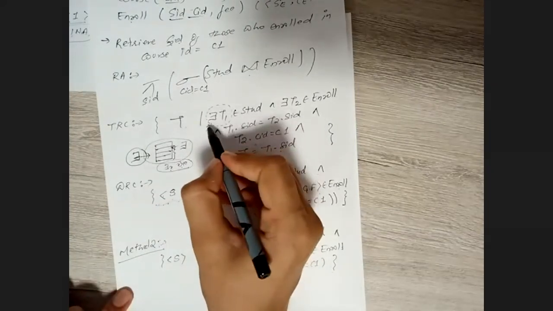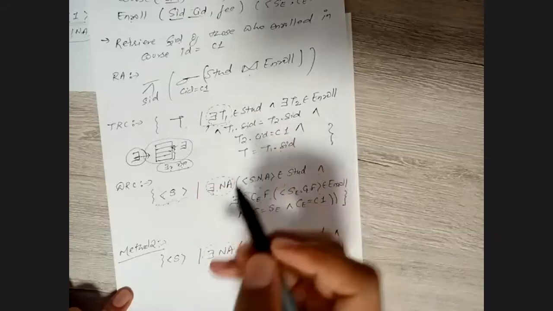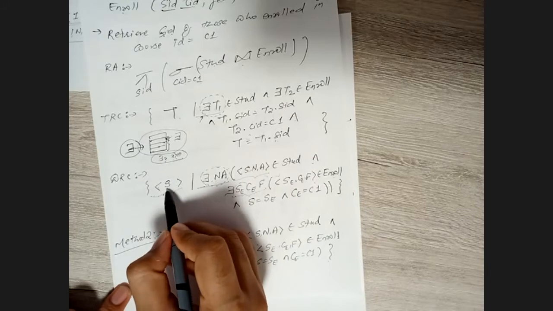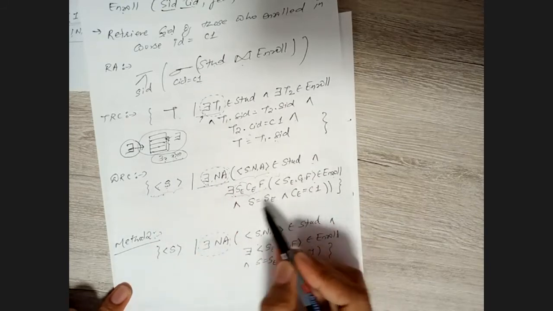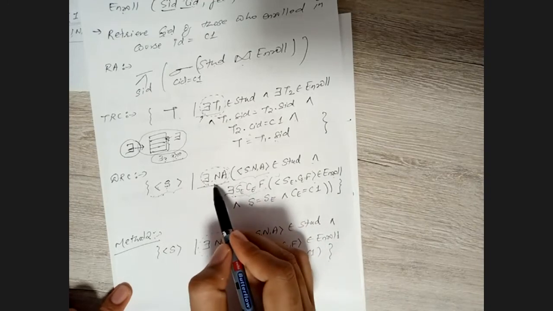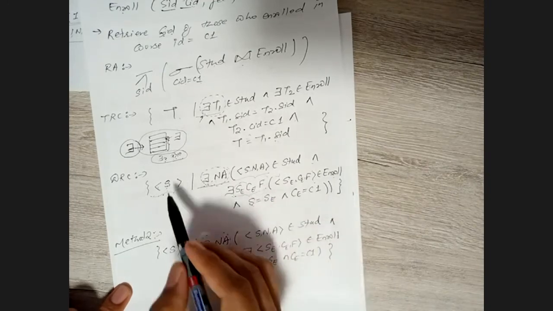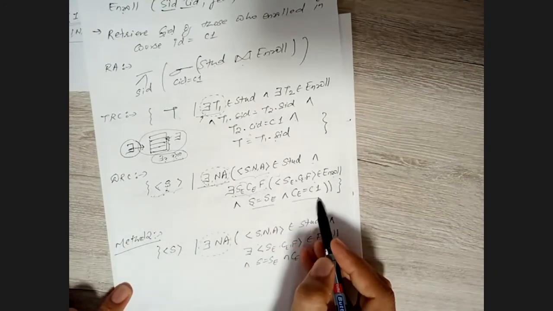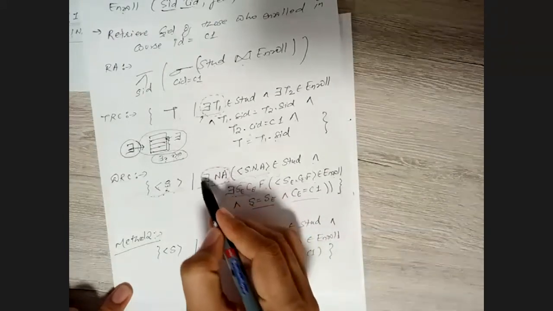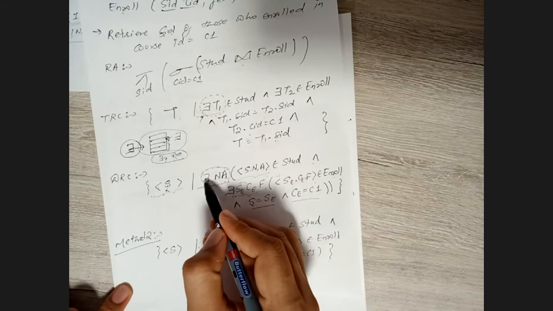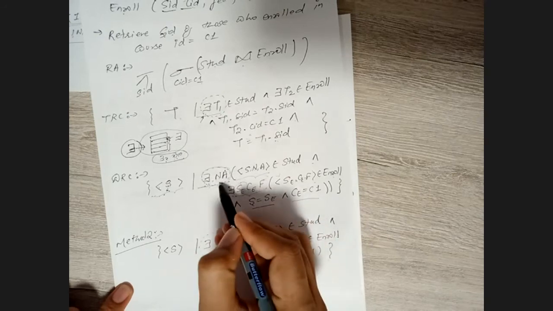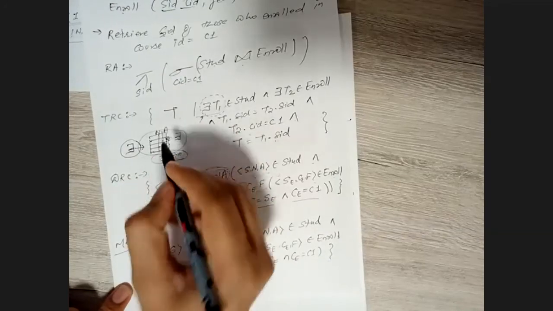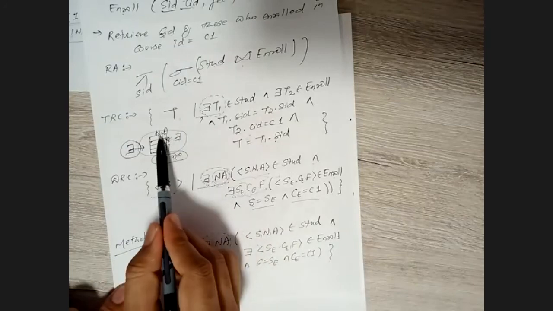Let me tell you again, when we are writing there exists t1, for example here, or even here, there exists an A. Why have I excluded it from here? Because at the end we want to project all the S values, not from this one here, but from here, because these S values are the selected values which are selected based on the conditions. Here when I write there exists an A, it means what? I'm checking the condition over all the attributes, I mean, for all the attributes where I have N and A, right? All the attributes I am going to check here, right?